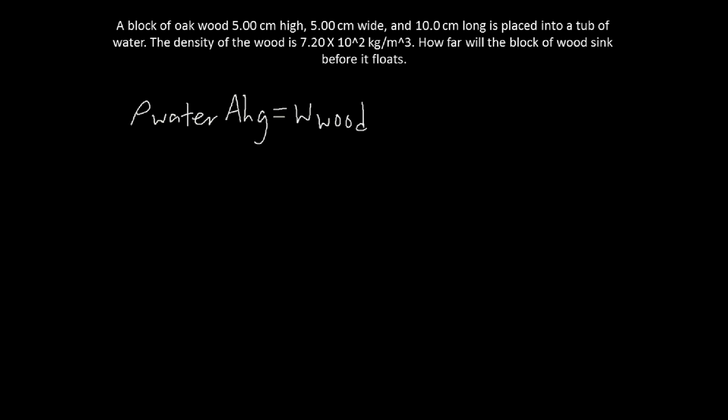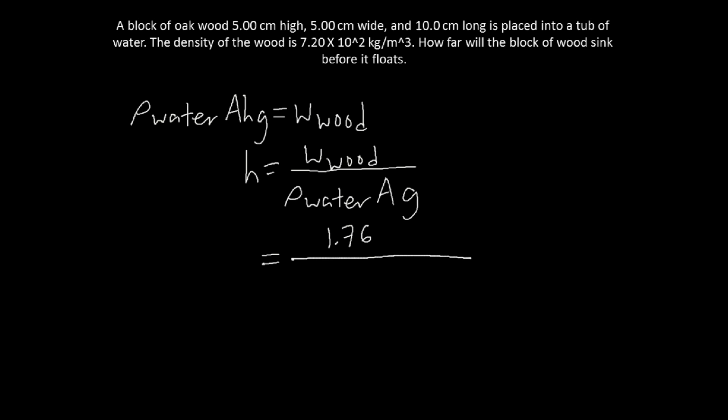Now let's solve for H. So H is equal to the weight of the wood all over rho water, or the density of the water, times the area times the gravity. Now we have already solved for the weight of the wood, that is 1.76 newtons, and then the density of water is normally 1 times 10 raised to 3 kilograms per cubic meter times